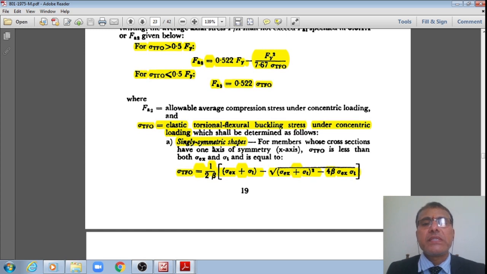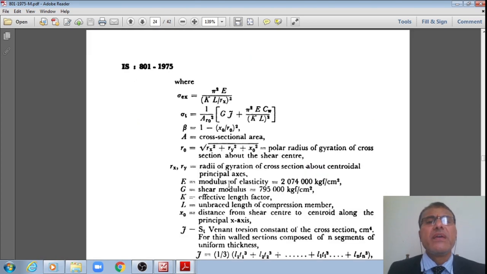For singly symmetric shapes, sigma TFO is equal to 1 by 2 beta multiplied by [sigma EX plus sigma T minus under root (sigma EX plus sigma T) whole square minus 4 beta sigma EX multiplied by sigma T], where sigma EX is equal to pi square E divided by (KL by Rx) whole square, and sigma T is equal to 1 by A r naught square multiplied by [G J plus pi square E Cw divided by (KL) whole square], and beta is equal to 1 minus (x naught divided by r naught) whole square,